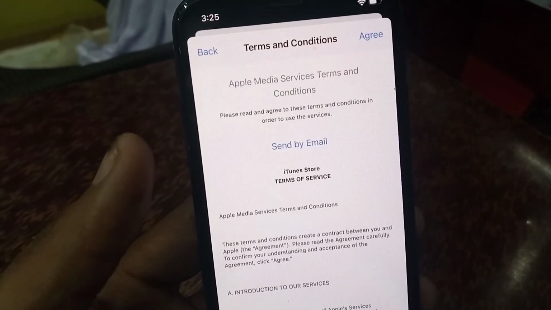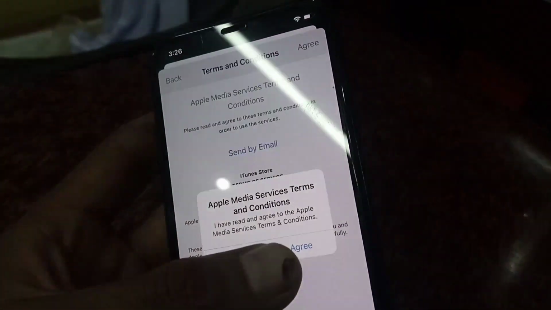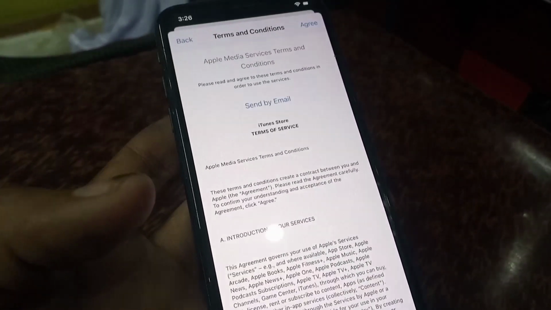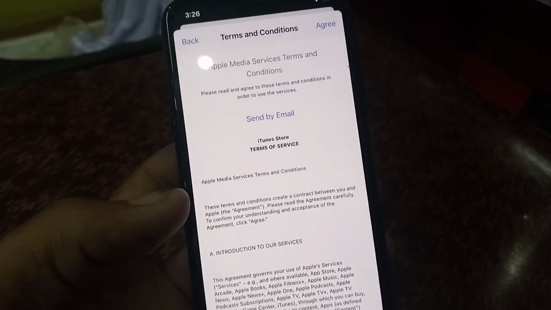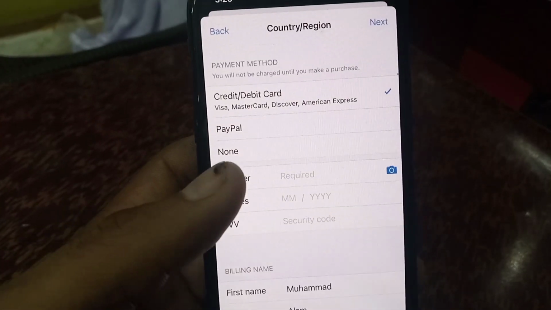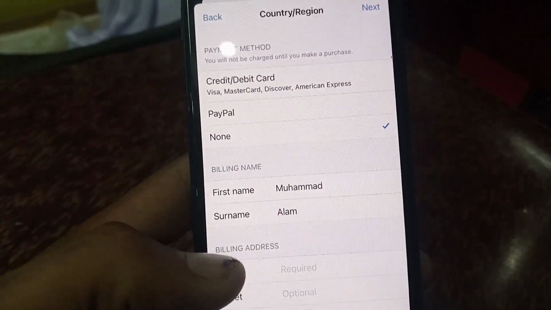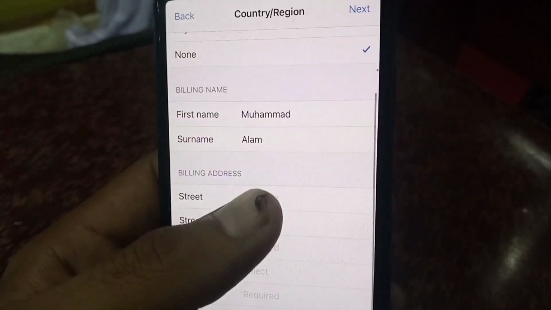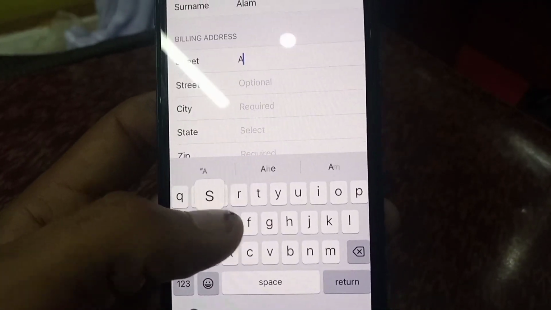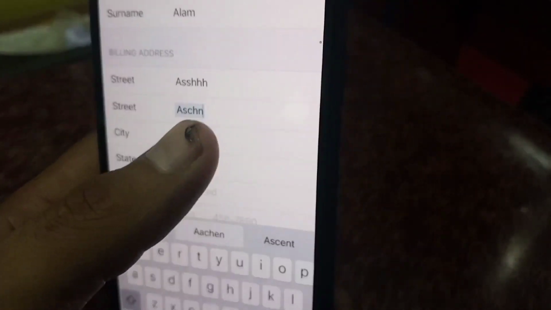Wait a few seconds. Now tap on Agree on the top right corner. Now tap on Agree again and wait a few seconds. After a few seconds, you can see tap on None, if you don't want to add any payment method. Now enter random information, street number and city only,